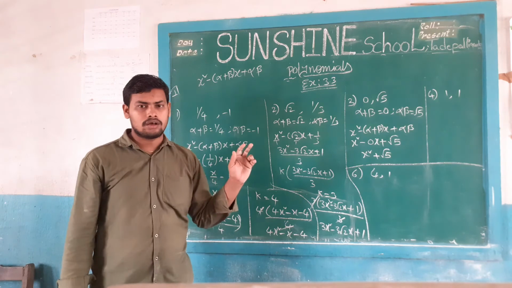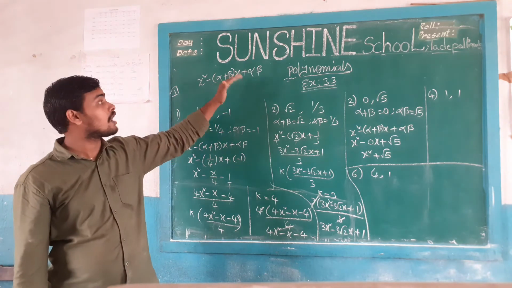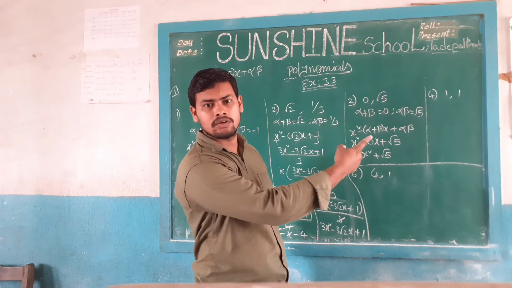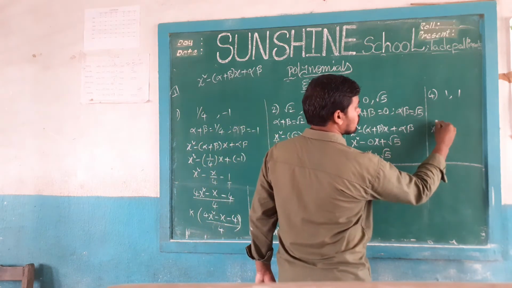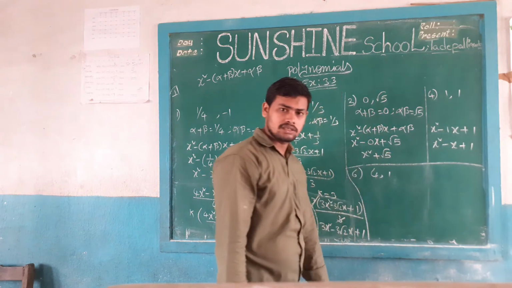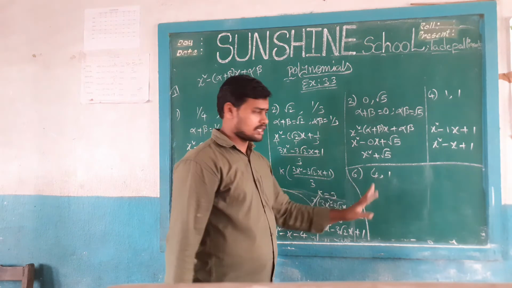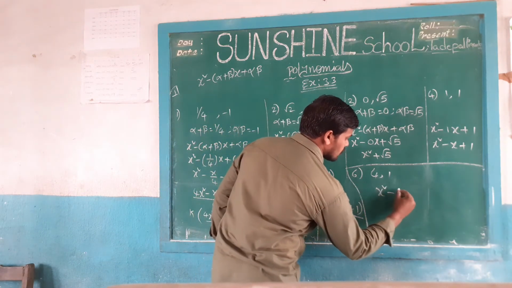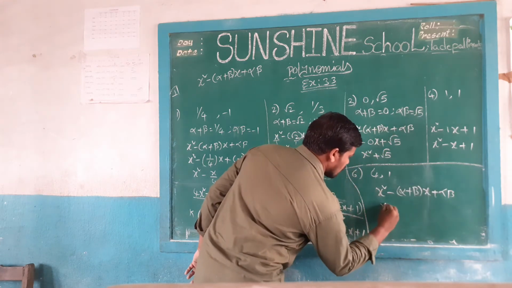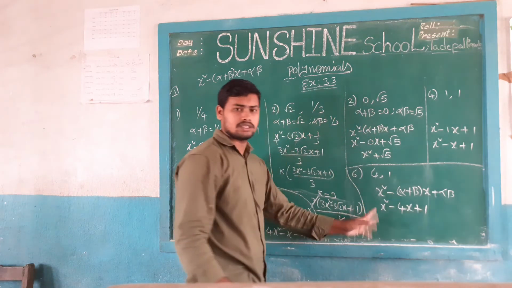Okay. We have to simply generate the quadratic polynomial based on the main formula x square minus alpha plus beta into x plus alpha beta. Now same process. What is the alpha plus beta value here? 1. Alpha beta value 1. Substitute: x square minus x plus 1. Same process, but you have to write the formula in every problem. x square minus what is the alpha? 4x plus 1. This is the polynomial.